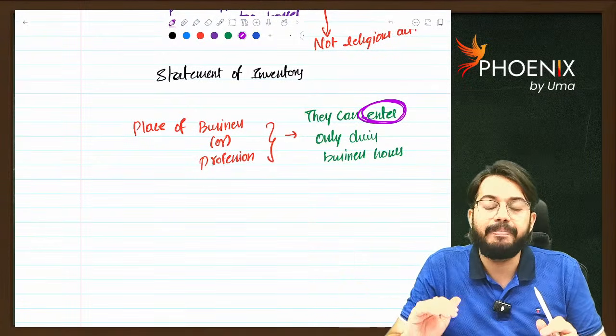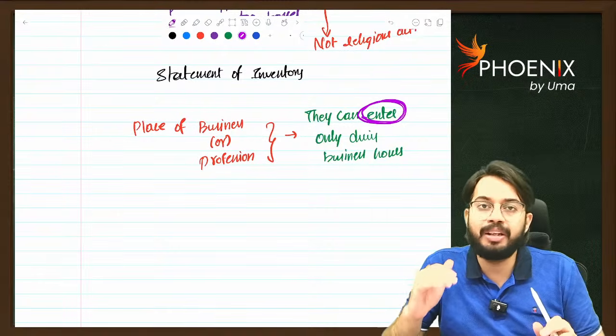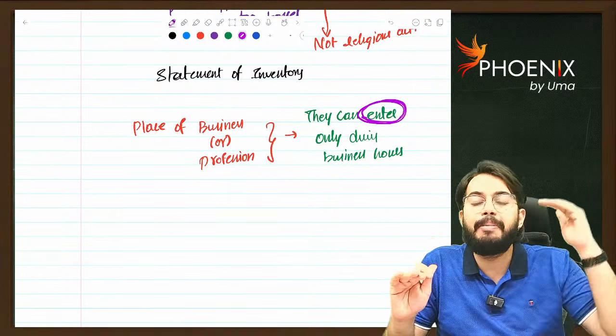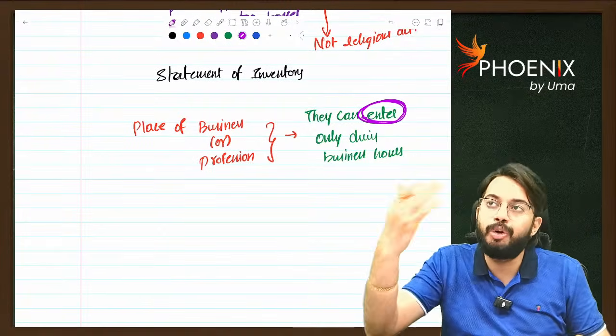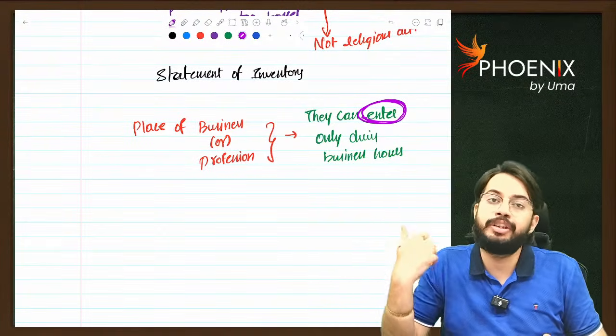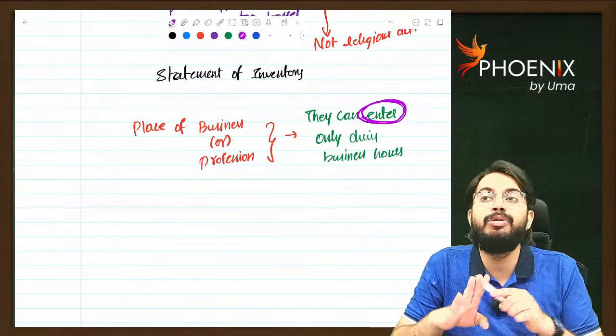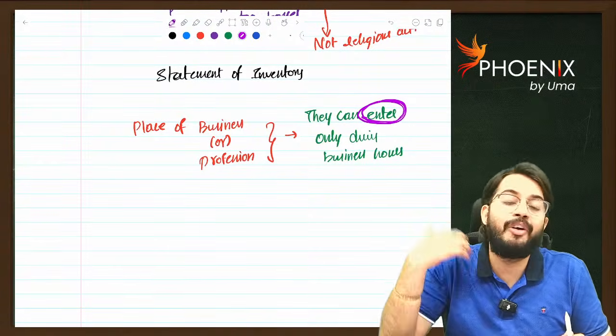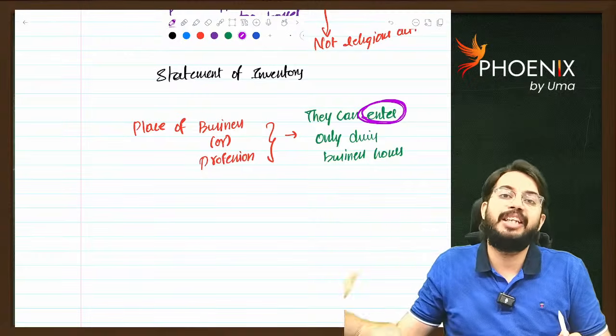At the same time, whenever they are doing survey, they cannot do it overnight. Okay. At some point of time in the night, they should stop the survey. They should go back and tomorrow they should start. They do not have any power to do survey overnight. Power to do proceedings overnight is available only under.